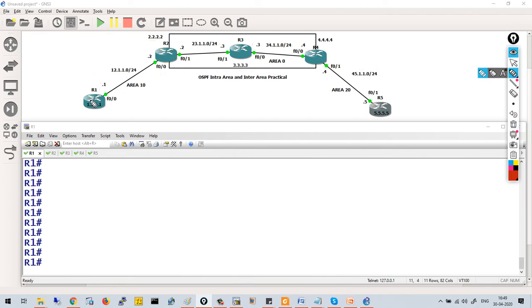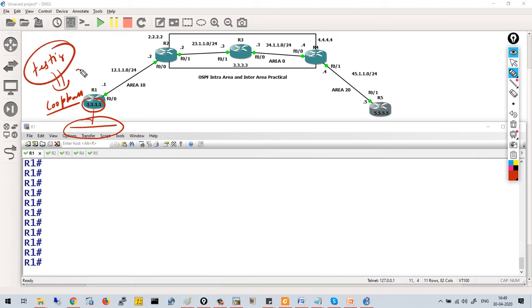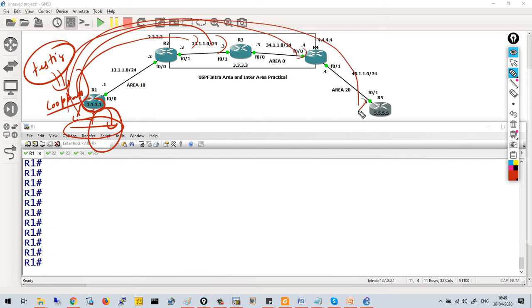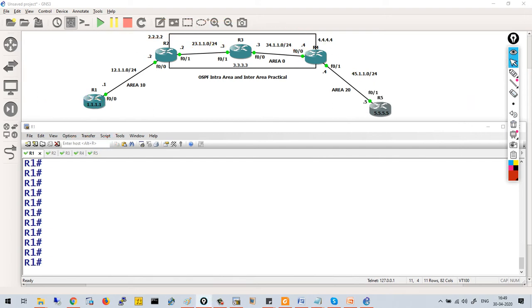Now here we will use one more thing, that is loopback. Like you can see, there is no LAN visible. No LAN network is visible to us. So we will create a loopback on each router for testing purposes. Loopback will work like there is an existing network behind R1 and this particular network wants to reach these other networks. So every router will have a loopback. Loopback simply means every router has a network. You can assume it as a LAN network.